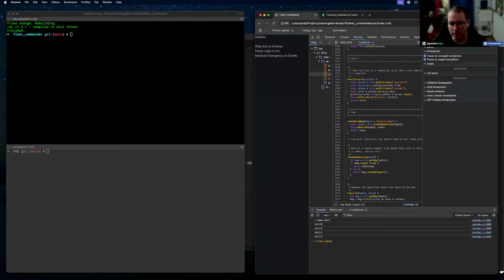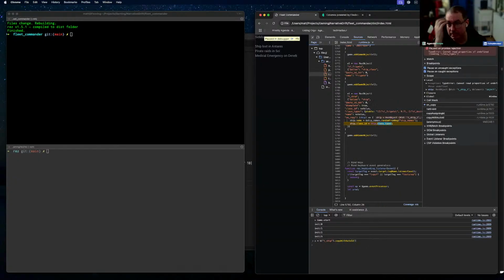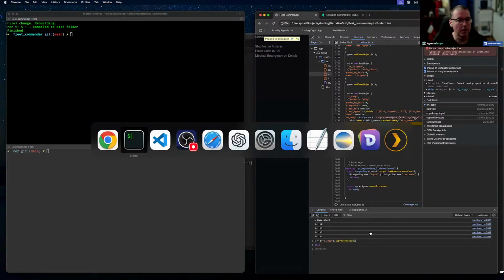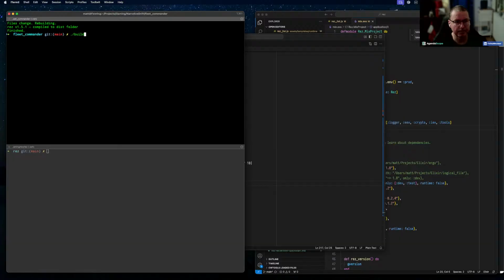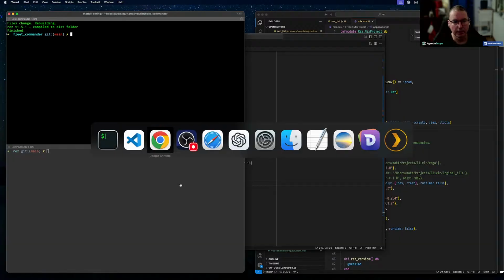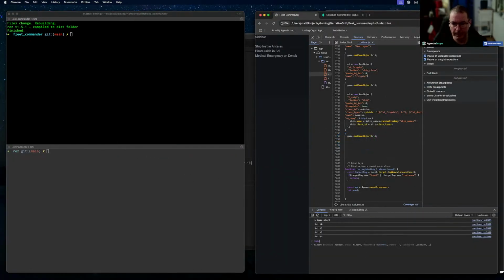And I think what that means is, class types, no work. Oh, of course, we're in an initializer. It should be ship.class types. Okay, so we copy it and